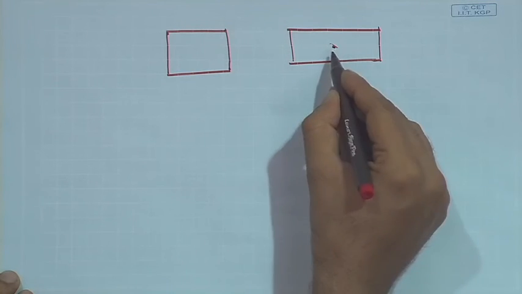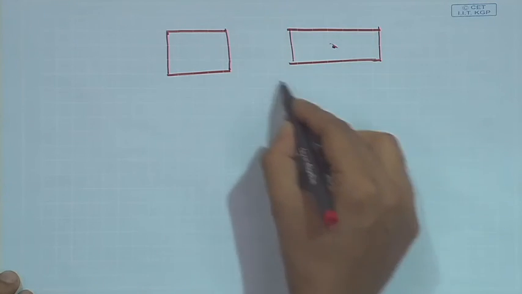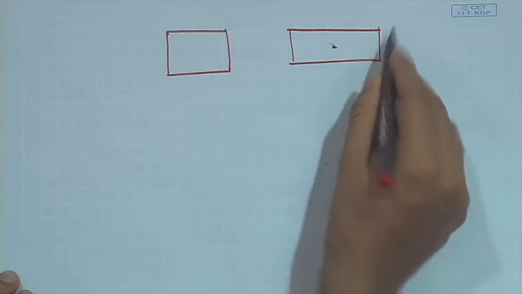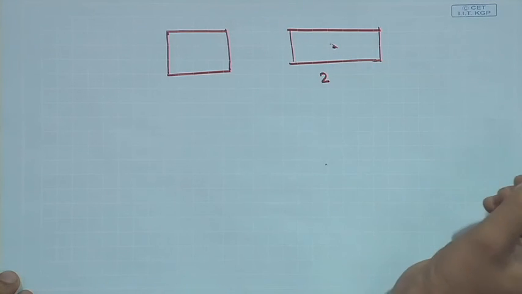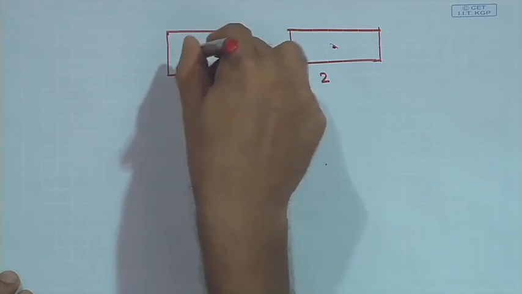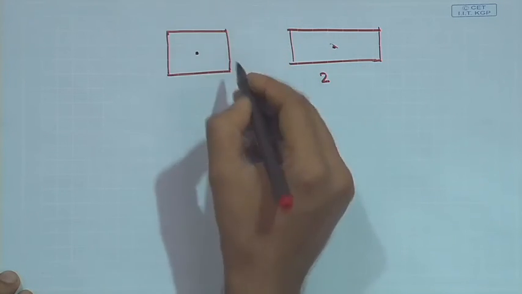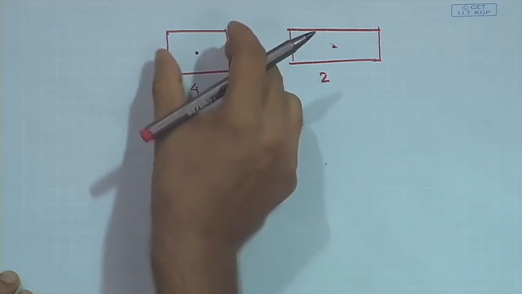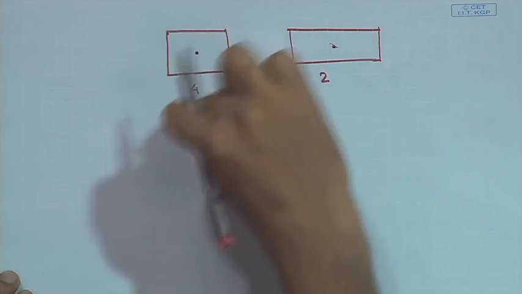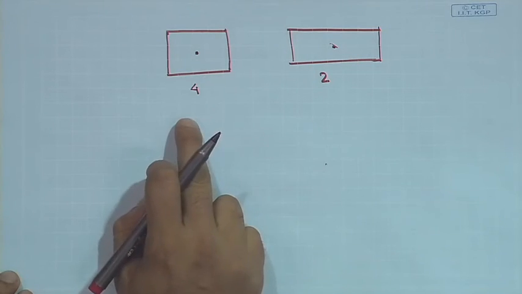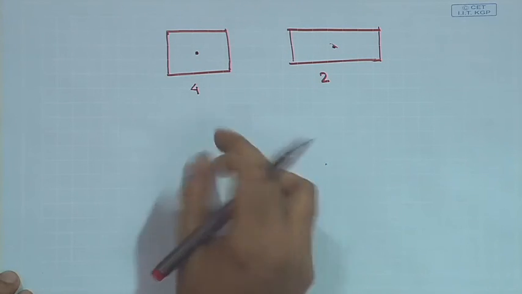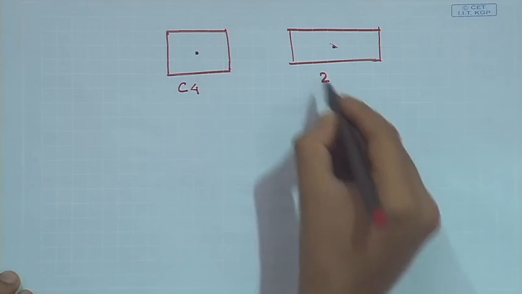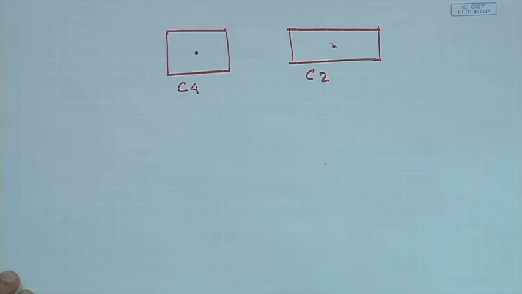So, in other words, in a total rotation of 360 degrees, it coincides with its own image or own shape only twice. But for a square plate, the symmetry becomes 4. That means if you rotate it by 90 degrees, 90 degrees, 90 degrees and 90 degrees, each 90 degree rotation, it will coincide with itself. So, in the language of group theory, this is the C4 symmetry point group and this is the C2 point group symmetry,